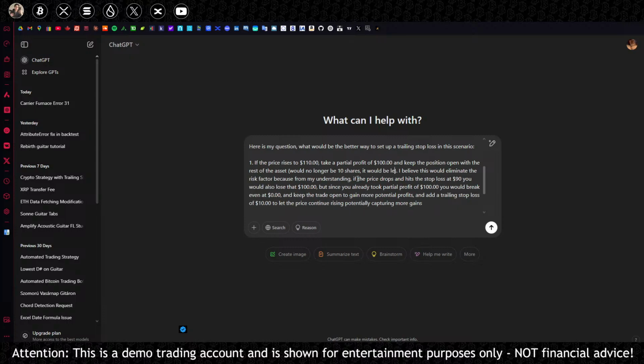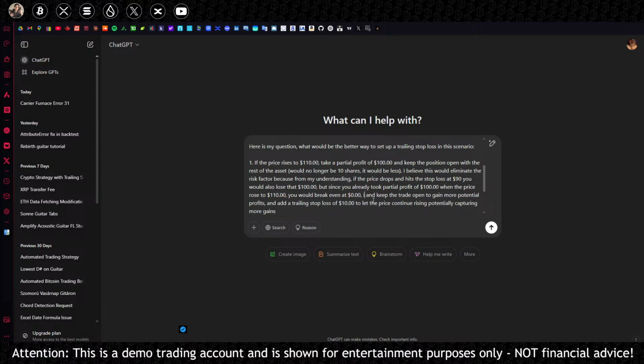It would be less. I believe this would eliminate the risk factor because from my understanding, if the price drops and hits the stop loss at $90, you would also lose that $100. But since you already took partial profit of $100 when the price rose to 110, you would break even at $0